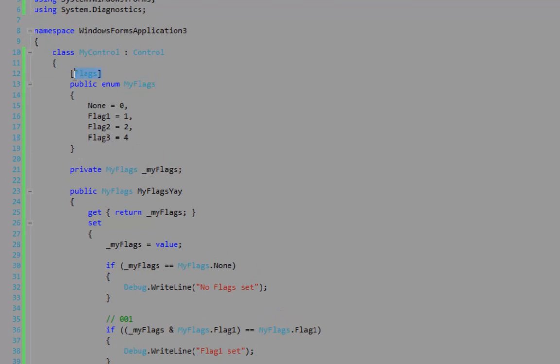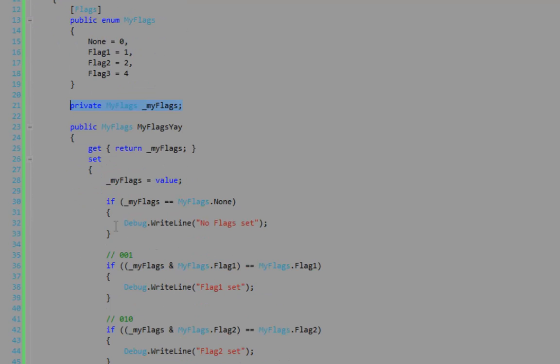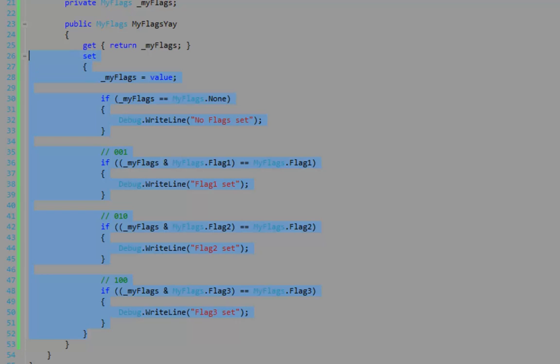I've given it the Flags attribute so that it can be treated as a bit field. You use the term bit fields with enums and whatnot, and bit masks for imagery. So I've declared a member of MyFlags and then a property to access that member. And when we set the MyFlags,